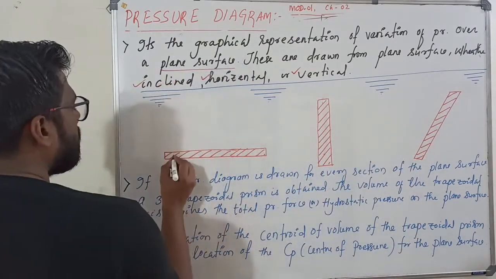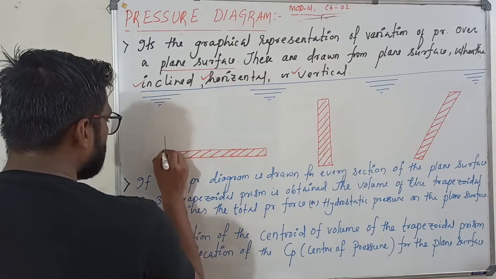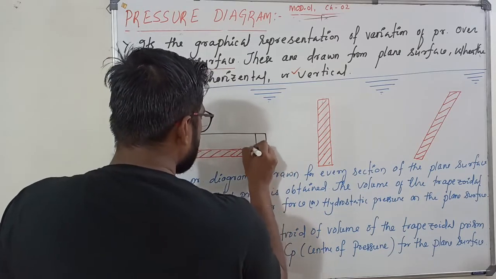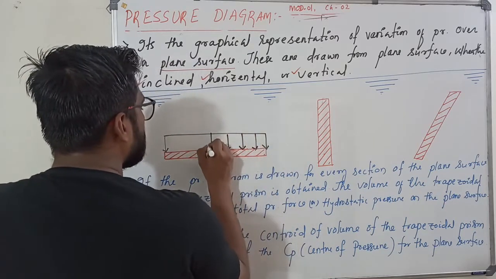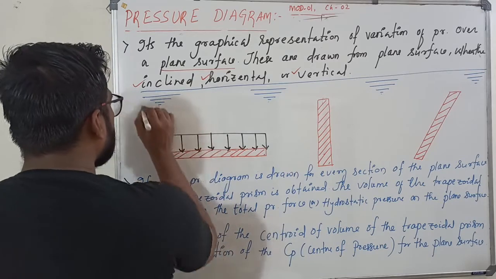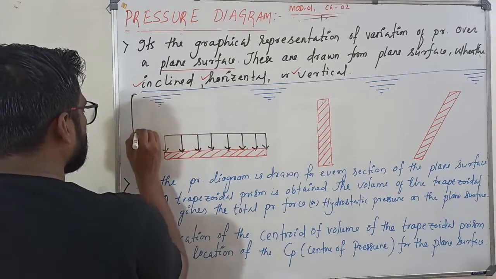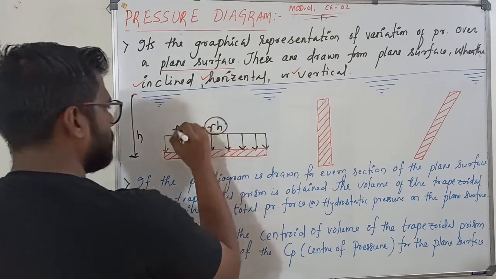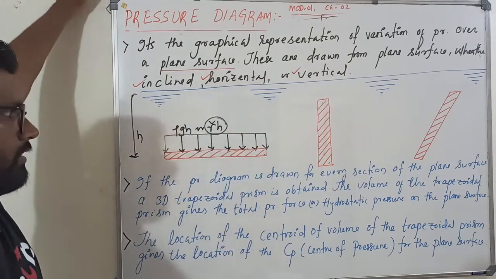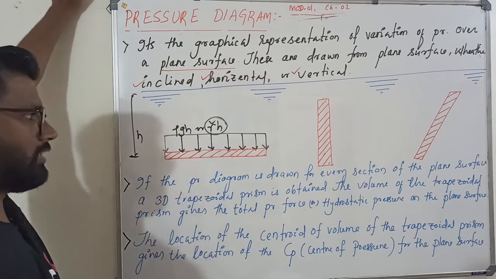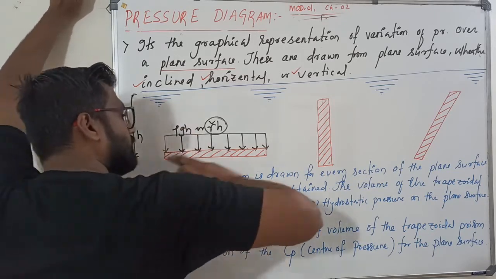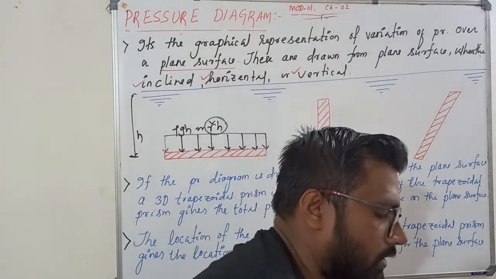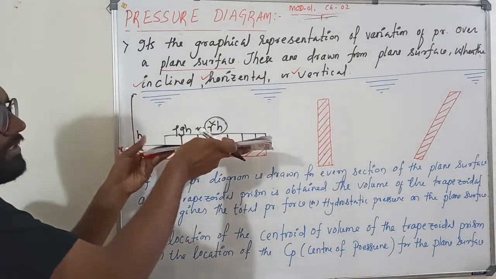Okay. So how will the pressure vary on the horizontal case? Uniformly. Okay. So this is your pressure. If it is at a depth of h, let us say this is at a depth of h, then this total is rho gh, or rho g we write as gamma, that is our weight density. Okay. So this is your pressure prism. As the length of the plate is like this, on the total length of the plate there will be a pressure prism. See, this is like this, correct?